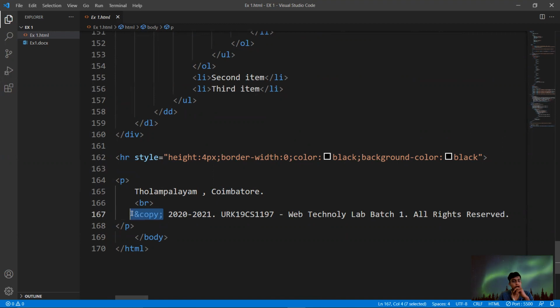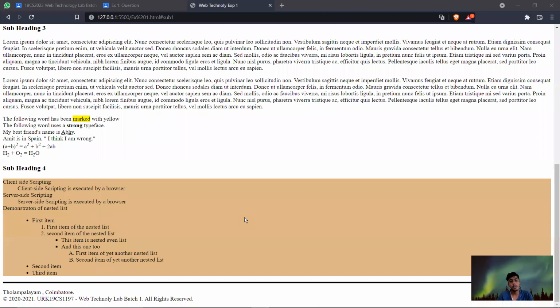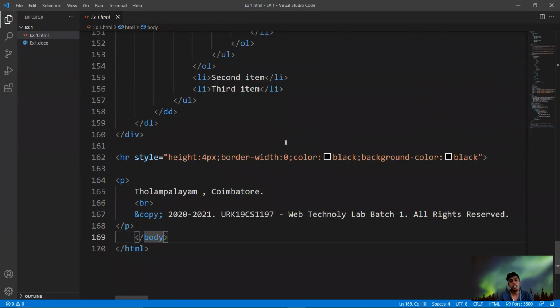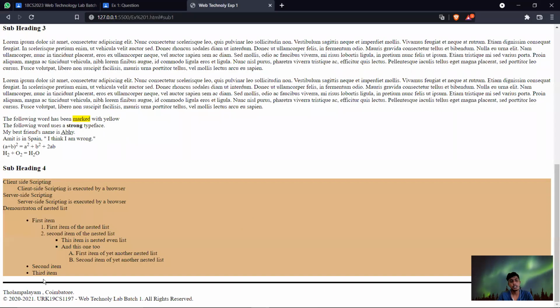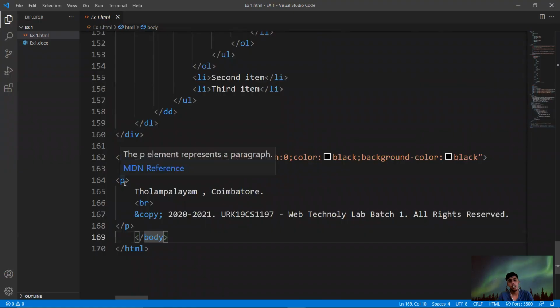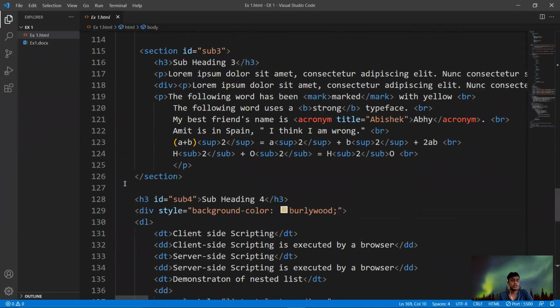This was the code for the copyright symbol, and afterwards I'm using my register number, Web Technology Lab 1, all rights reserved. So this was the thing we have made here. Before that, I'm closing with the HR tag, same as previously used.